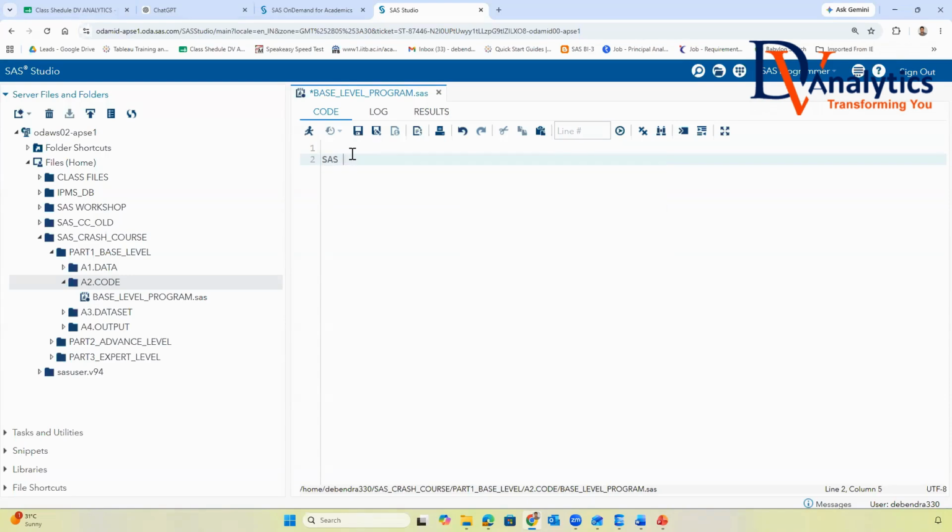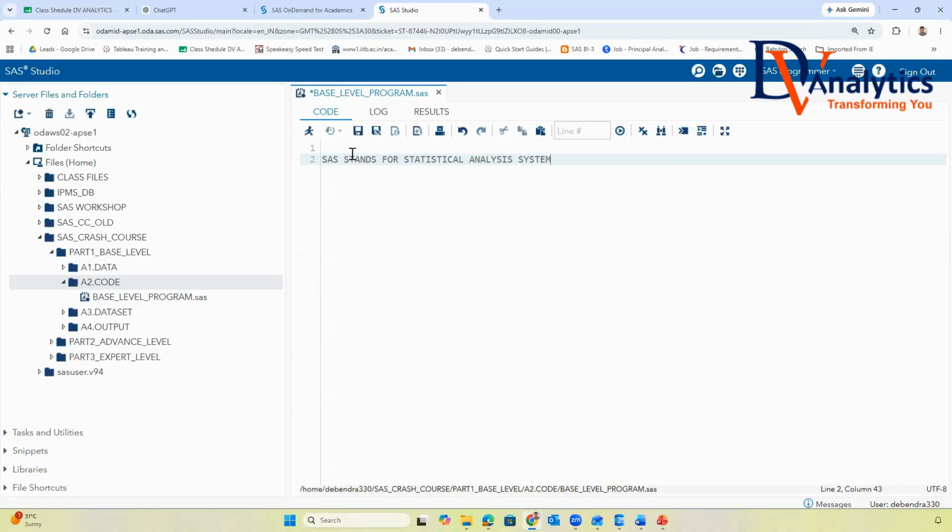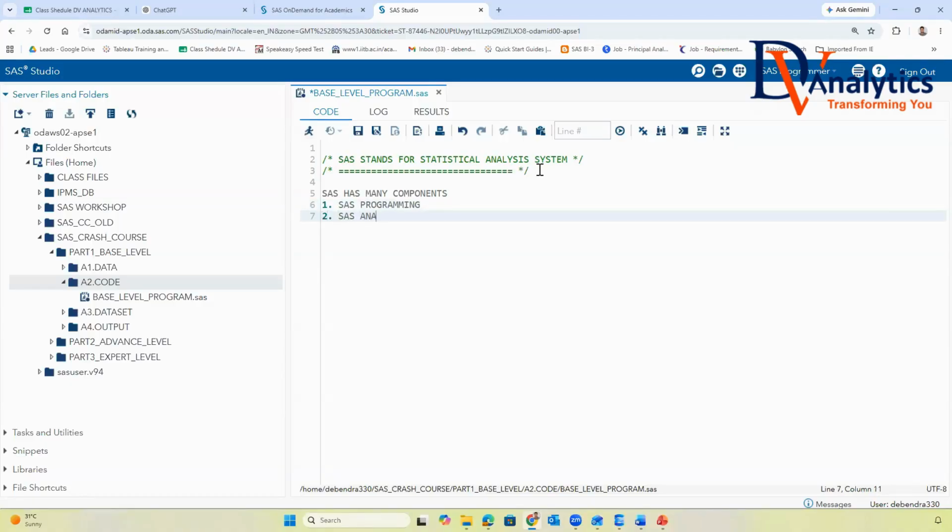Right. So before we start with SAS, let me give you a background about SAS. SAS stands for Statistical Analysis System. SAS has many components. Number one, SAS programming is one component. Second, SAS analytics.